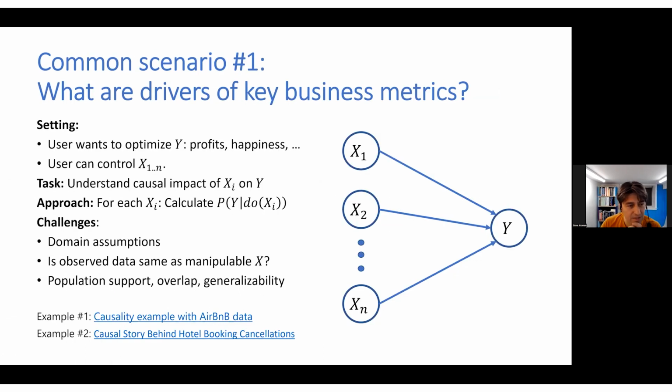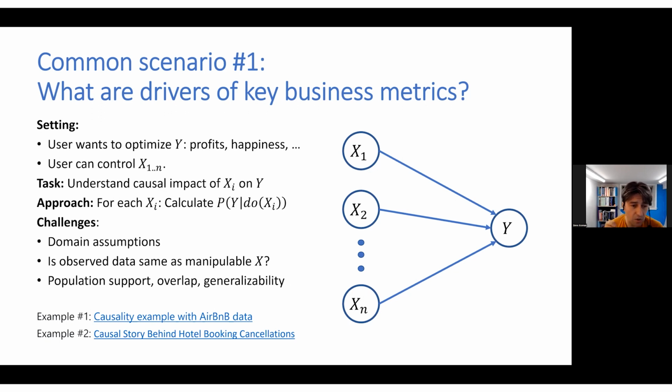At a higher level, the kind of classes of scenarios that we see come up most frequently, I'll give you the top three. The first one is people asking what are drivers of their key business metrics. The setting is one where a user wants to optimize some metric, profits, customers' happiness, or something else, and the user knows that they can control a number of knobs, and they want to know what is the causal impact of each of these knobs on this outcome,